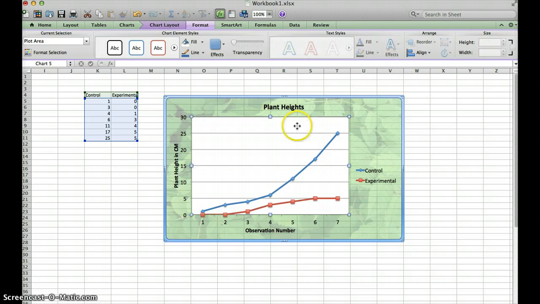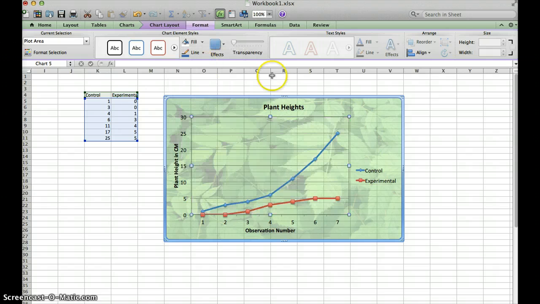For this one in here, I like to click on that and just make it completely no fill so you can see all the way through it. And then you have your graph. And that's basically it. Once you're finished your graph,